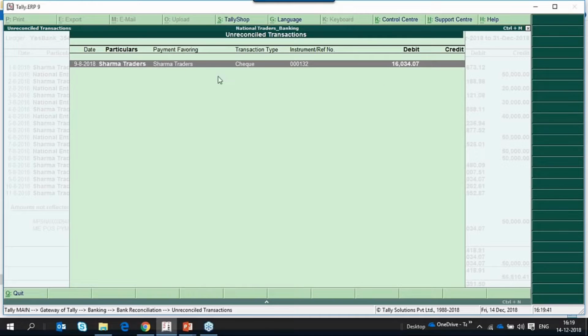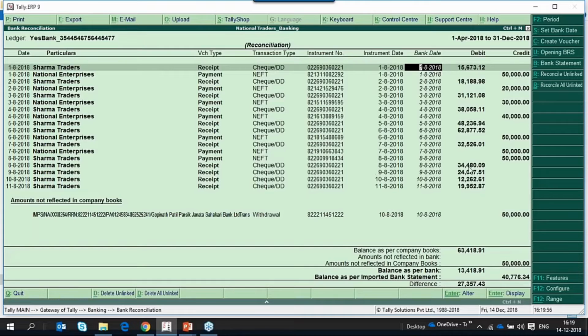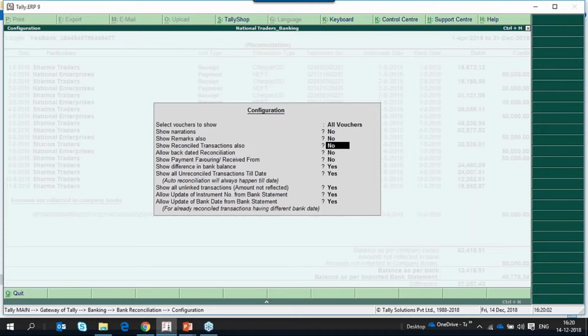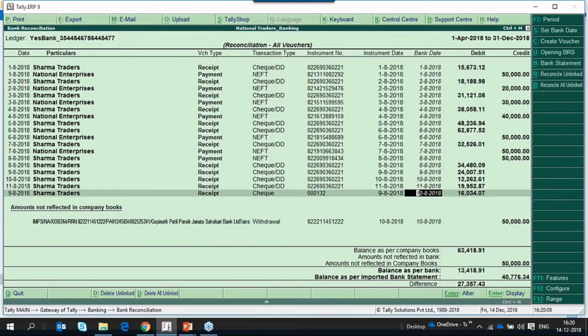So the user can verify the transaction and select the transaction for reconciliation. Now, after we press enter against this transaction, the transaction is reconciled successfully. So now the reconciled transaction will not appear here. Let me press F12, click on show reconciled transactions also to show that particular transaction. So this reconciled transaction is also listed here.